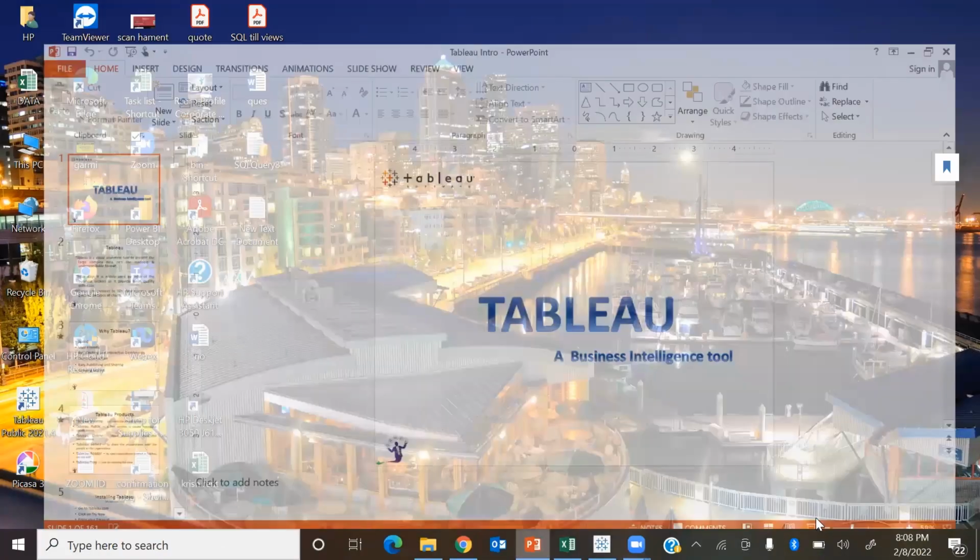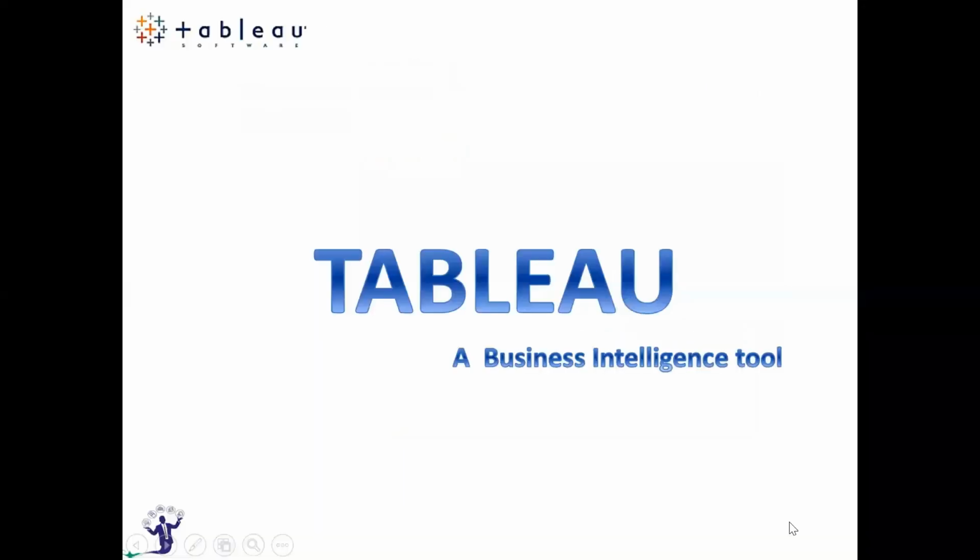Here it goes. Tableau, as said by you, is a very wonderful data visualization tool. Now, what is data visualization? Data visualization means displaying or representing the data in the form of images, right? Because